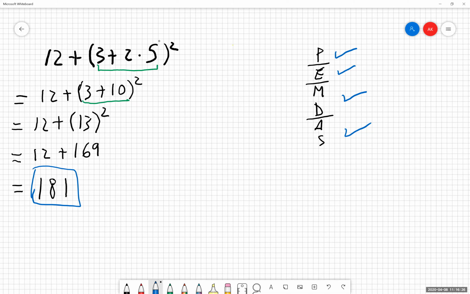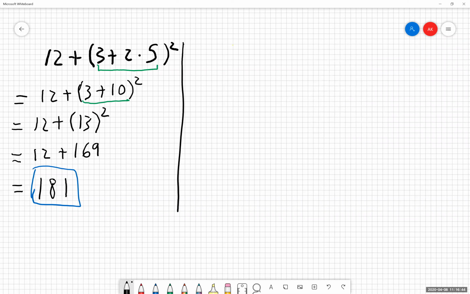So this is one way you can go through and work problems like this. I am going to show you guys, we're going to use the exact same problem, but a different method that you can use to organize this as you are going through and solving it. So I'm just going to erase this part off to the side. We're going to use the exact same problem as the example, but again, just a different organizational method. Now I'm going to write PEMDAS just off to the side down below here, so we have this as a reference for ourselves.